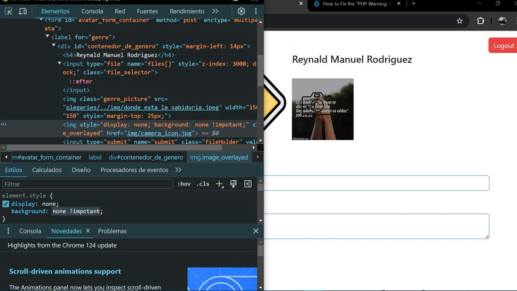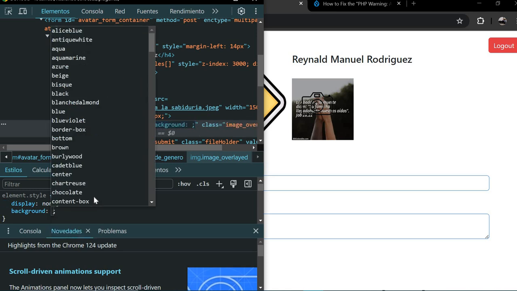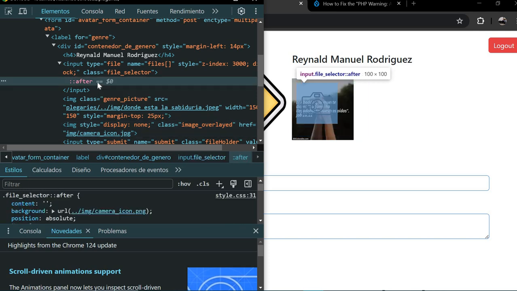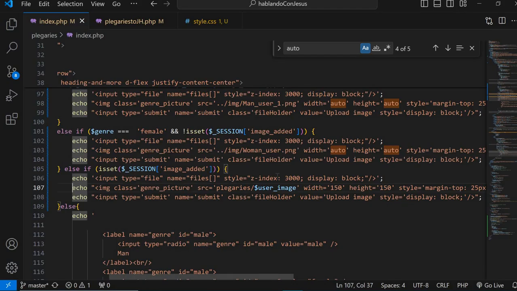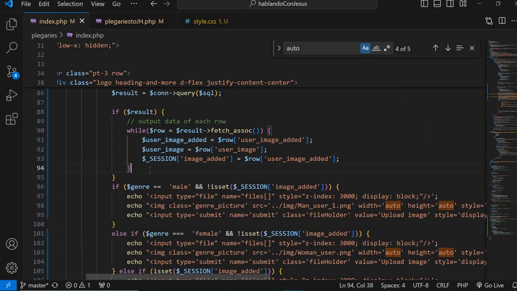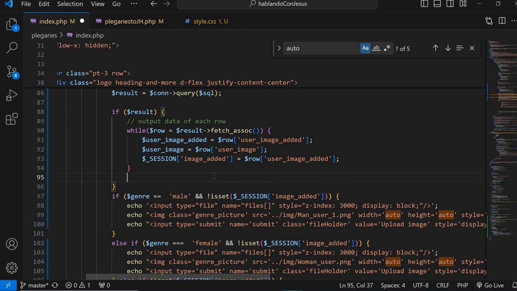Let me see. I was missing the R here. Background. Okay, to be honest, what I'm going to do is make a modification of the style here. How is that possible? Well, it is easy. I am going to like